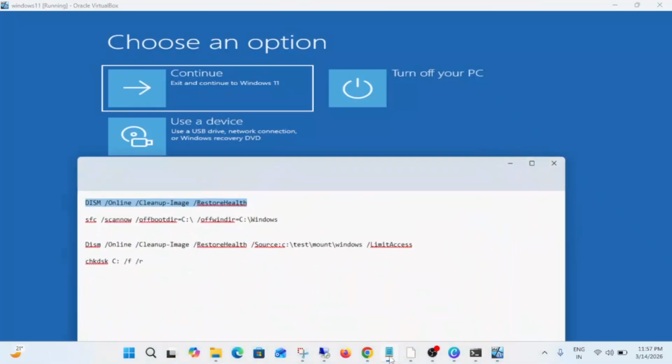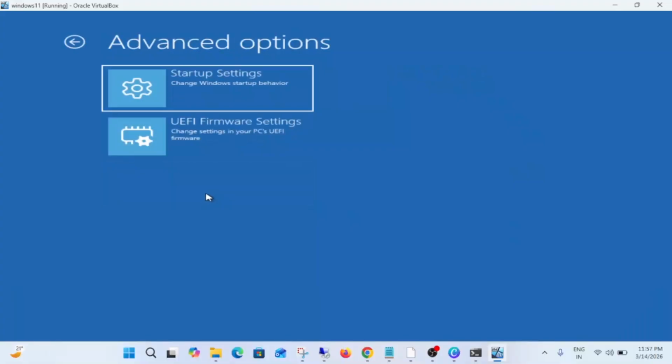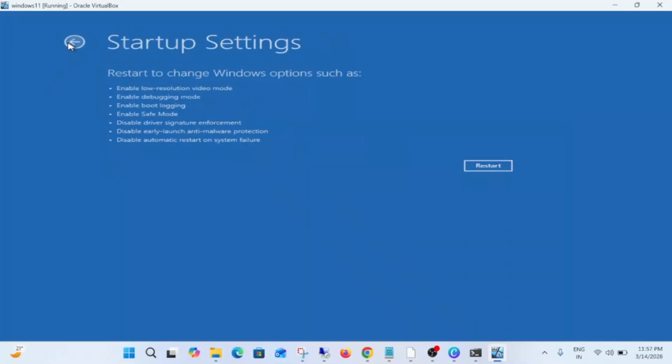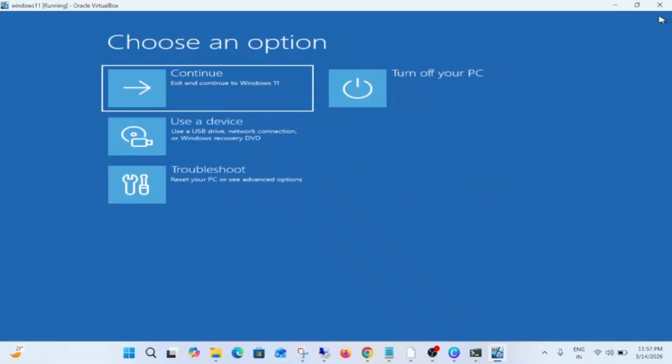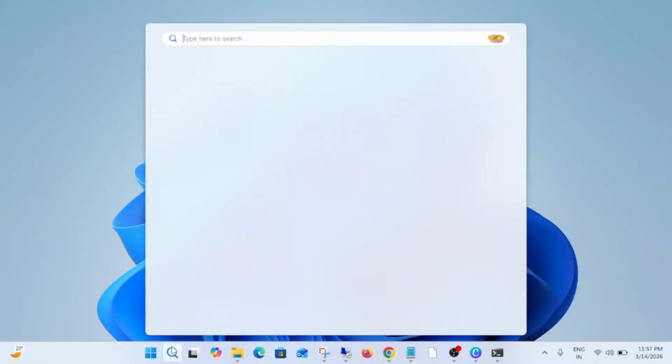So you need to run this command on your system. You can see it on the screen, and you can type this command. This is the offline command, and you should be able to go to Troubleshoot, and thereafter you should be able to get the command prompt here. But if somehow you are not able to run it, if that is also not working for you, just